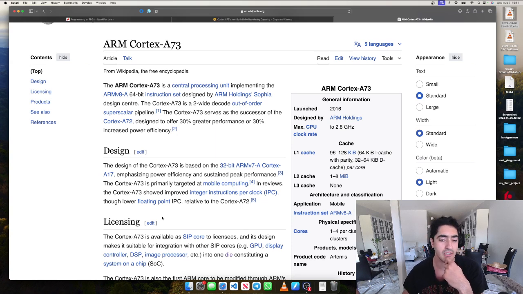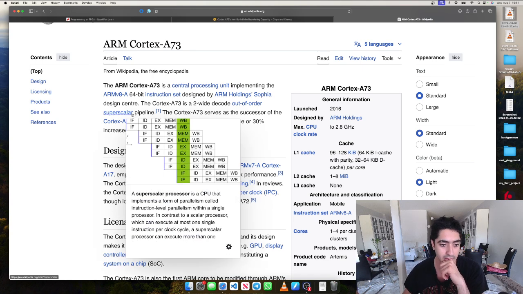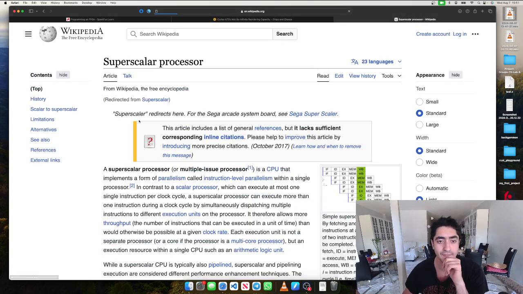Is a 2-byte decode out of order superscalar pipeline. Superscalar. A superscalar processor is a CPU that implements a form of parallelism called instruction level parallelism within a single processor. In contrast to a scalar processor, which can execute at most one single instruction per clock cycle, a superscalar